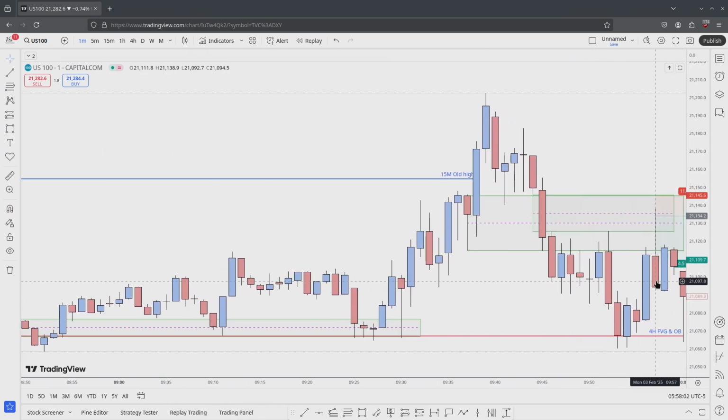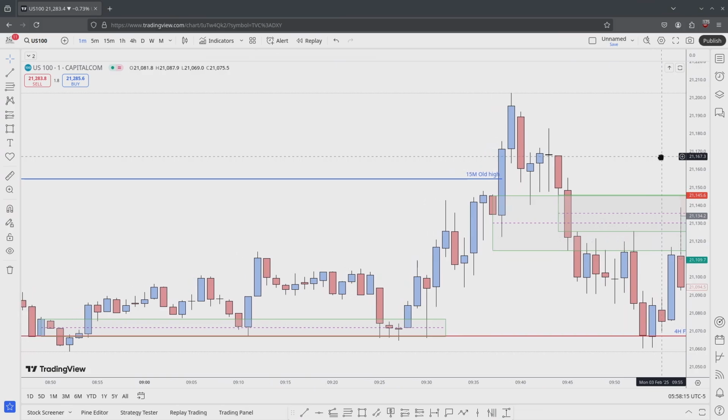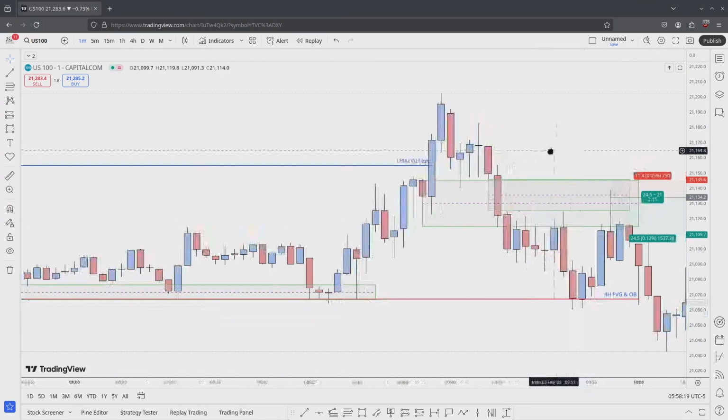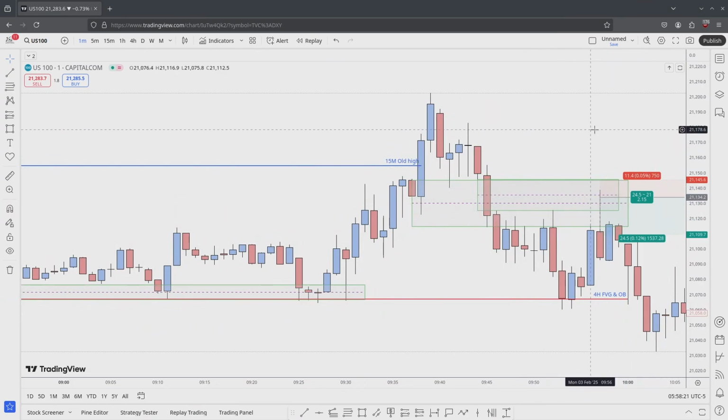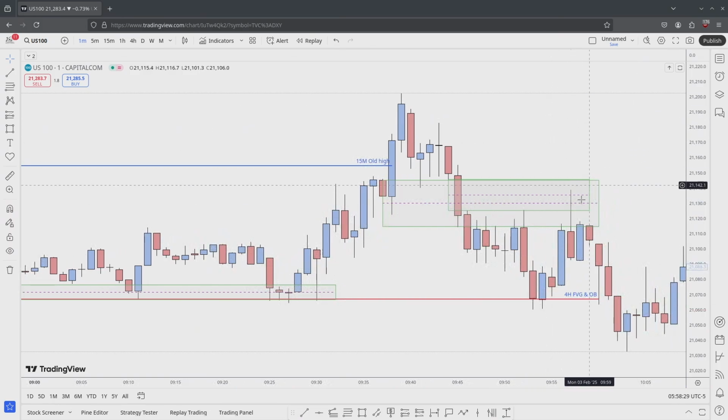Okay, 957, still inside the macro. So price traded into the fair value gap / breaker block. When I saw that, I said, all right, there we go. That's what I want to see. I know I did not execute there, but that was something that I journaled. Once I saw that,